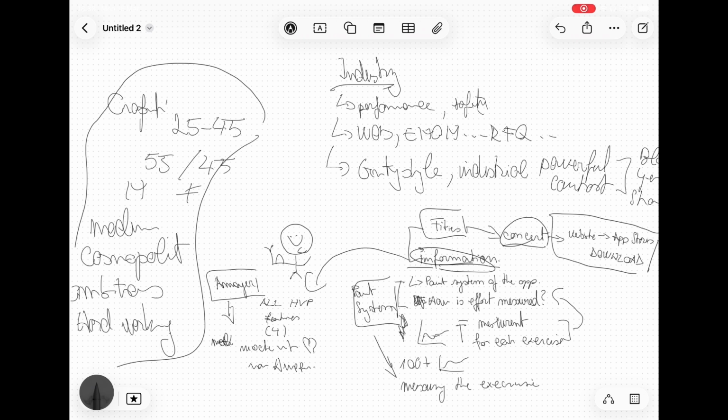And what do they expect? So I kind of touched a bit upon this. What they're probably going to be trying to understand is how the point system works, how this works together with measuring their individual exercise, their PRs, and then they're going to try to understand more about some of the other features of the app. Cool. And this is going to be valuable information for them outside of me trying to convert them in any way. Right.